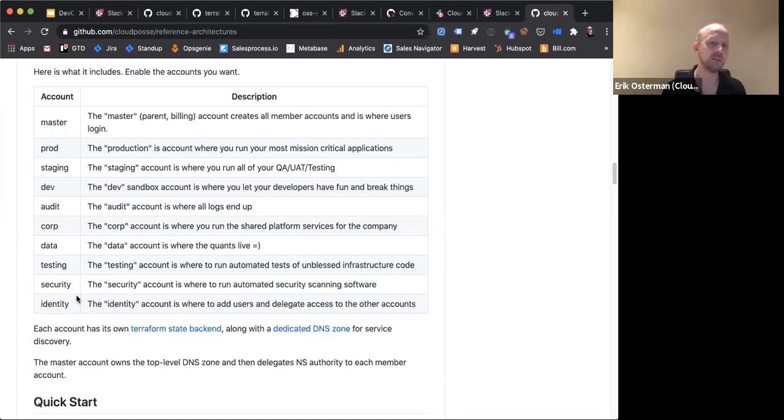So in this case, you first get a role in identity, and then you have to assume yet another role into the account that the operation needs to happen in. So, chicken and the egg problems.